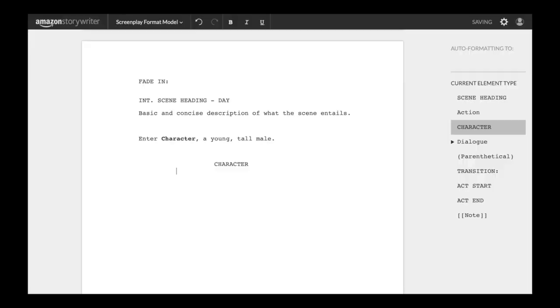Now for dialogue, the name of the character speaking is centered on the page. Below this can go parentheticals that might include directions such as